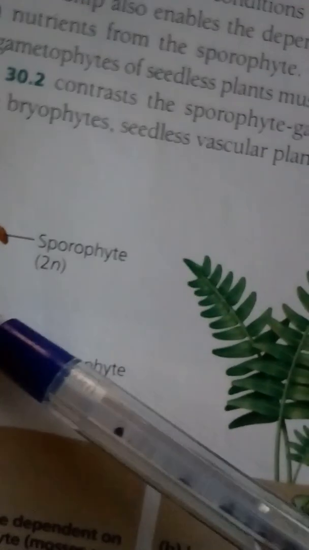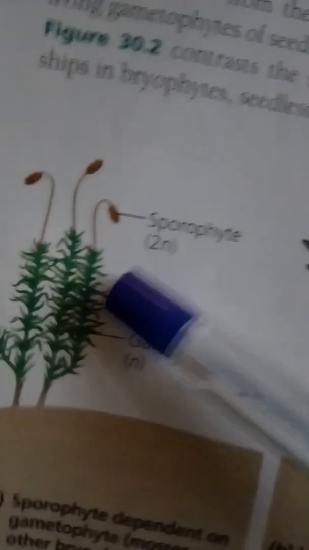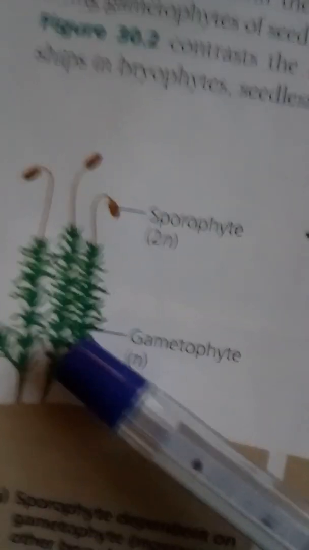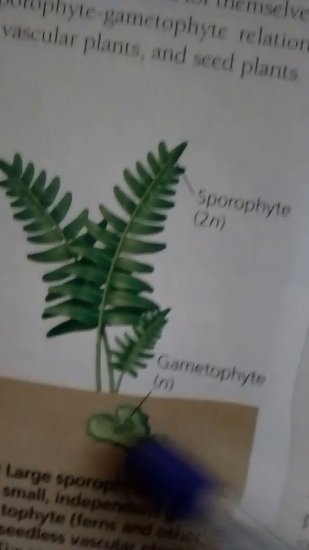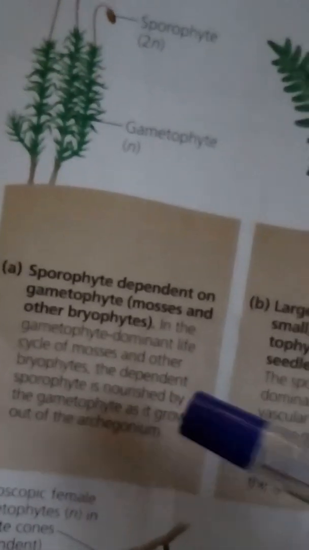Let's talk about the differences in gametophyte-sporophyte relationships. We will begin with this one. Sporo represents the sporophyte, the second generation here, and the gametophyte, this one, is dependent on the sporophyte in mosses and other bryophytes. And another one is the sporophyte, the second generation, and the gametophyte, this one, the second generation also. Microscopic female gametophyte,